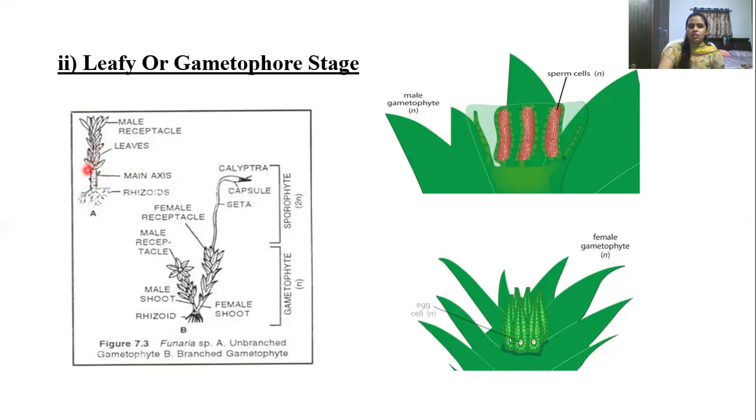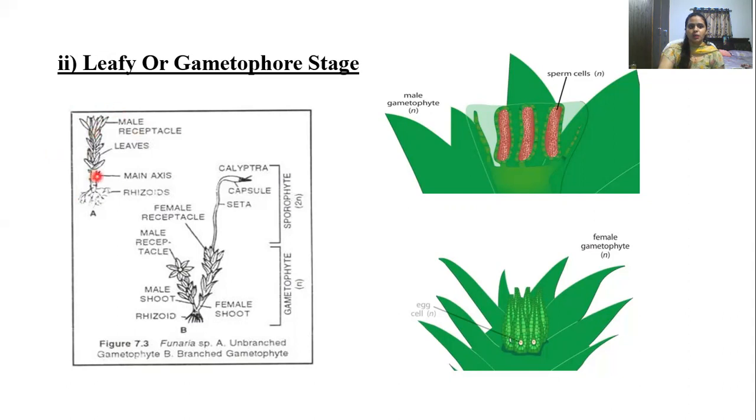The lower portion consists of the smaller leaves, whereas the upper portion consists of the larger leaves, and they are radially arranged at the apex. It forms a rosette-like structure, which is called the moss flower. Inside this, there is the presence of sex organs, which may be the antheridium or archegonium.